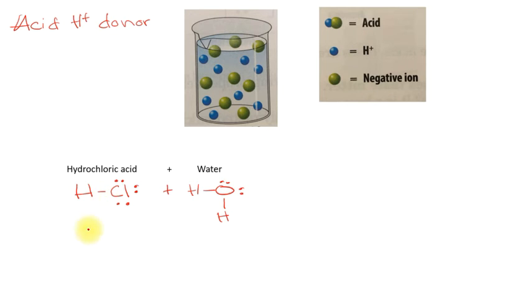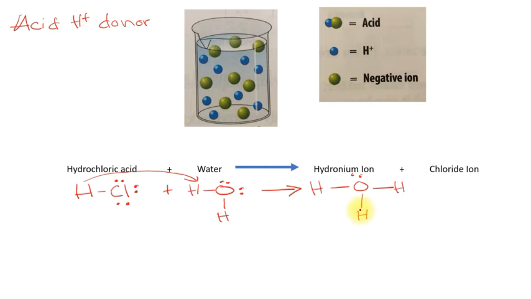And what happens is the hydrogen from hydrochloric acid actually gets donated to water. And over here in the product, what you're going to end up with is water having 3 hydrogen atoms instead of 2. So it's not water anymore, of course. It is hydronium. It's a hydronium ion,